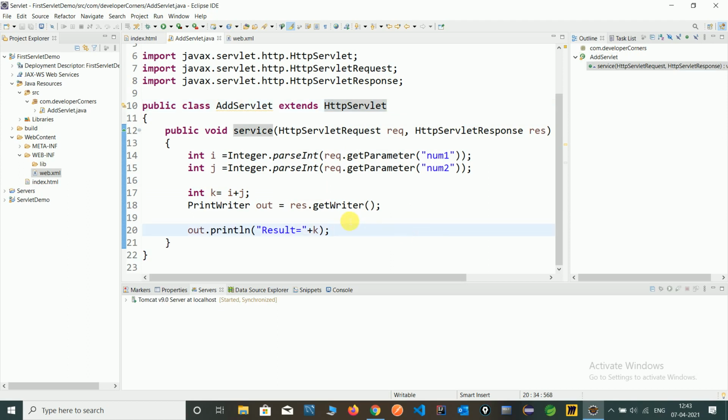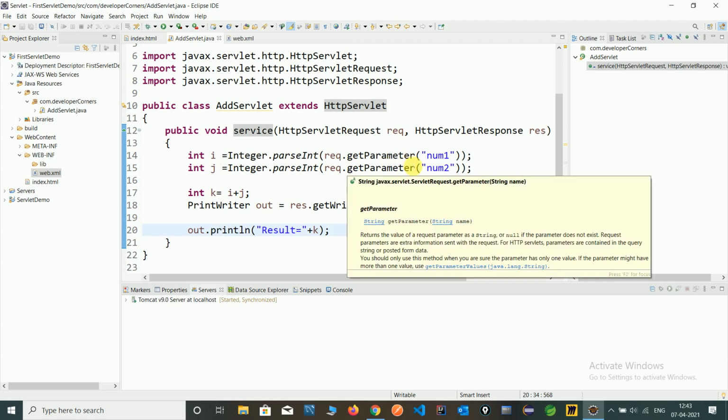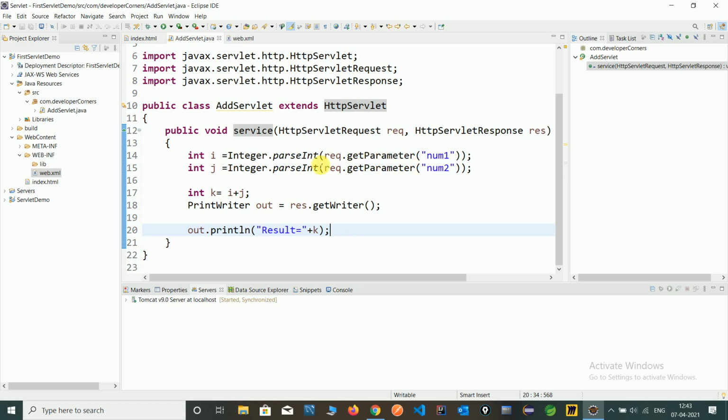We took two numbers from the client using the request.getParameter method and typecast them into integers.